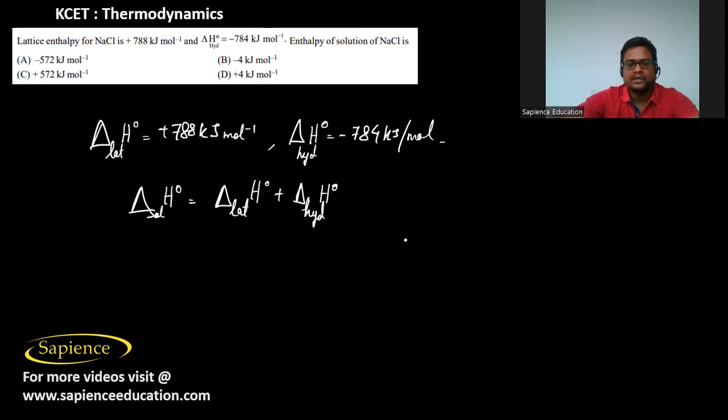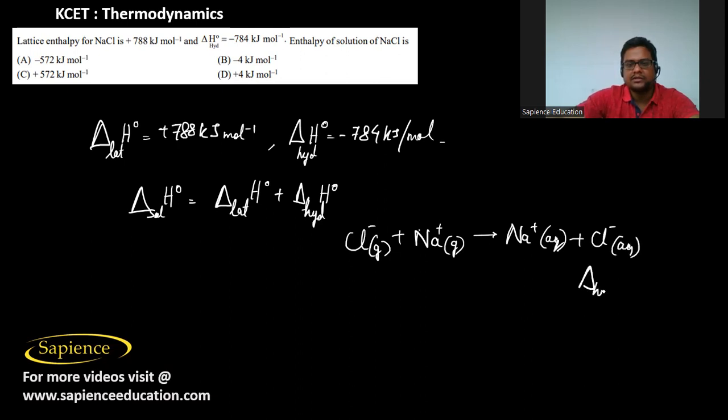Why? The enthalpy of hydration for NaCl means that Na plus in the gaseous form will form Na plus in the aqueous solution. So here we have hydration enthalpy for NaCl. It means that Cl minus in the gaseous form will also convert into Cl minus in the aqueous form. So here we have hydration enthalpy,